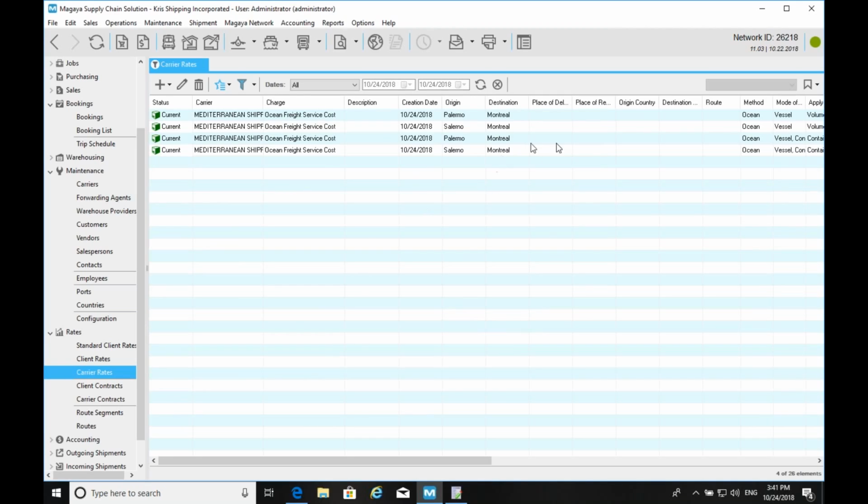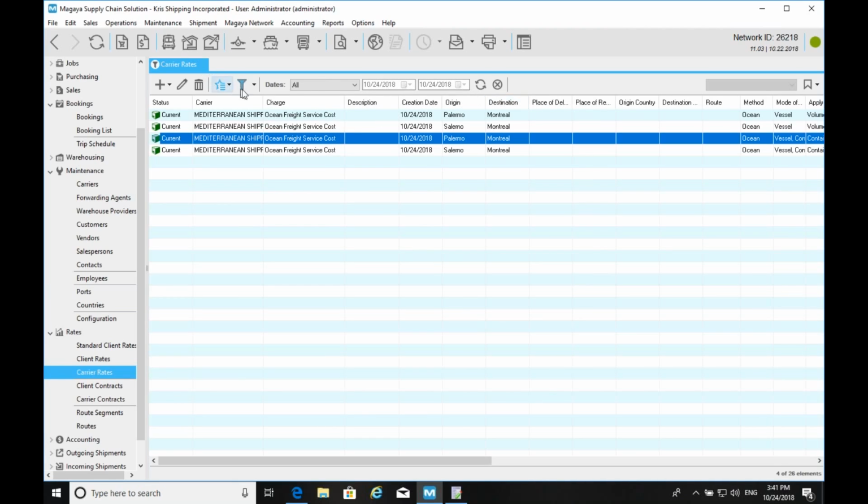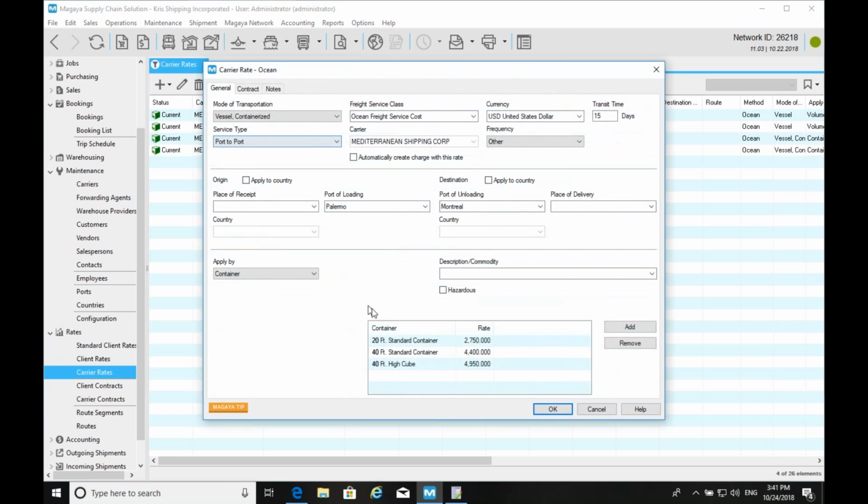And when I say 4, by the way, when it comes to containerized rates, if I open this rate here, you will see that each of these records for the containerized rates actually contains 3 different container types. So essentially, it is one record containing 3 rates. Your carrier might send it to you in 3 lines, and this is how Magaya will actually export and import it.